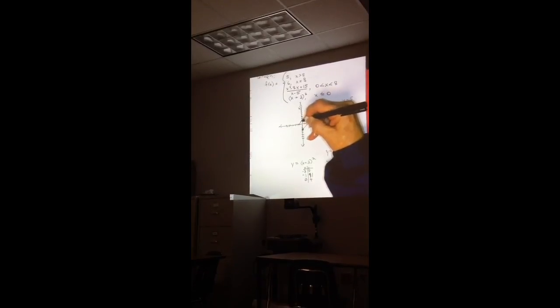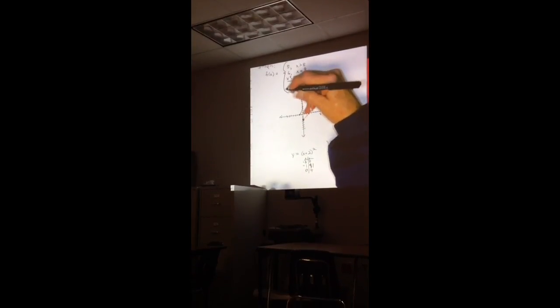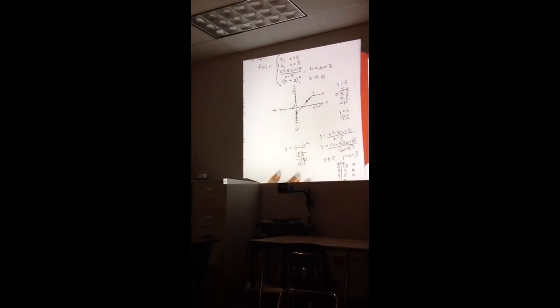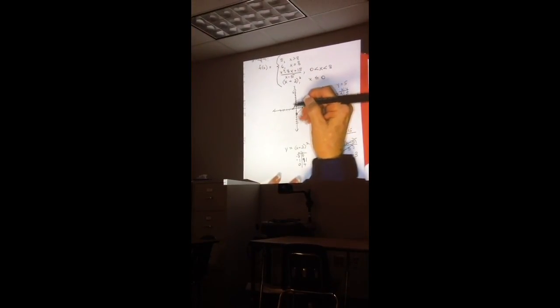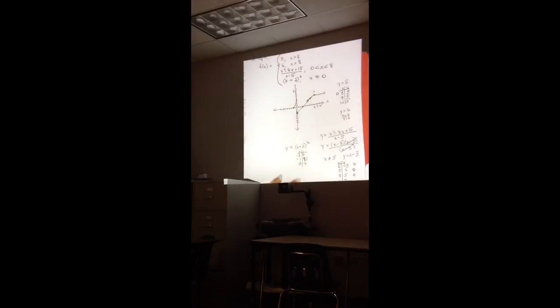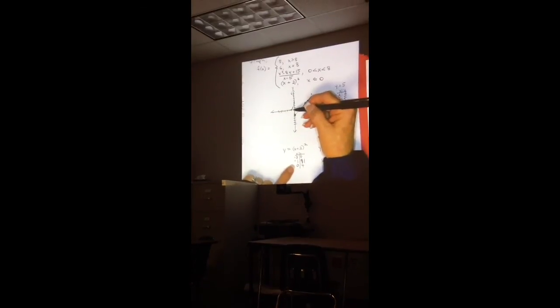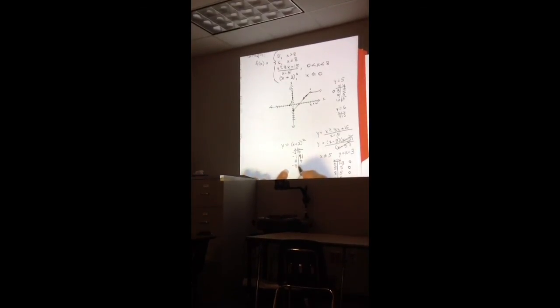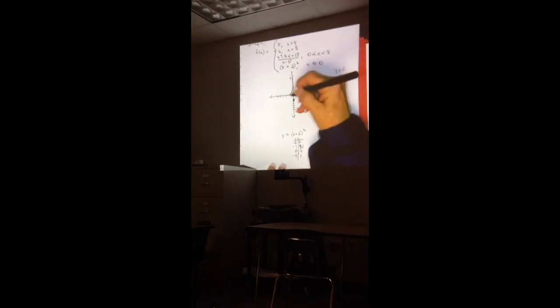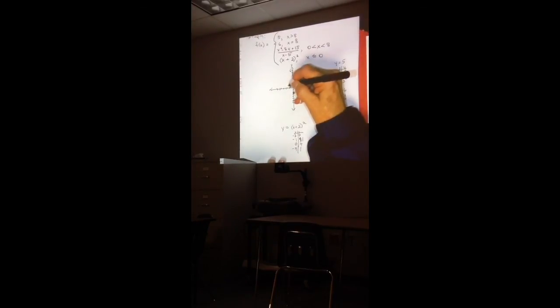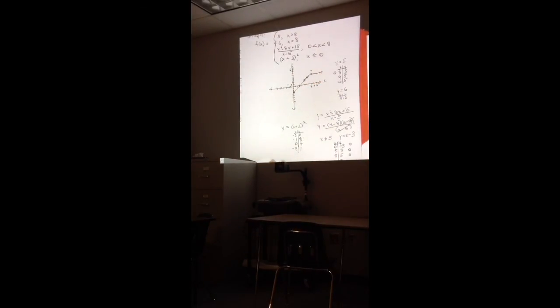So the part of the parabola is going to be, I kind of squished up my graph a lot, but it's going to look like that. And then the other side of the graph is going to come up here and go infinitely. Now, if I had my graph where I could see how far it is, I could do it on the other side. But maybe that's a little tricky. Let's try, this is -1. How about -3? Y would be 1. Yes. And then let's get something else. How about if,